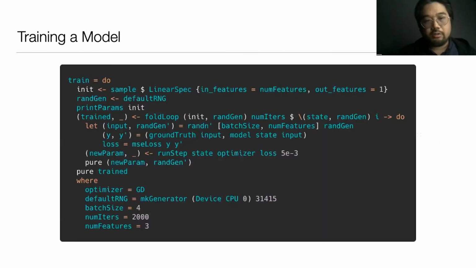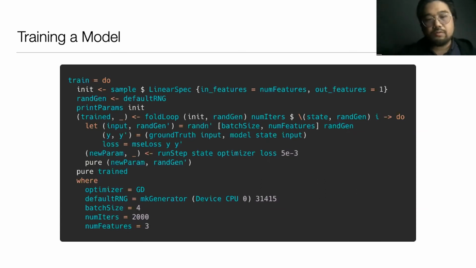And then putting this together to train a model. Training a model basically becomes folding over data. There's a little bit under the hood here where this run step calls the automatic differentiation and updates parameters and gets a new set of parameters. You update the parameters, and that's really your basic training procedure. Of course, you can start from this and get a lot more complex, going back to these examples of federated learning, of connecting training procedures to generative processes or things around synthetic data or simulators. But this is the basic structure of training a model.